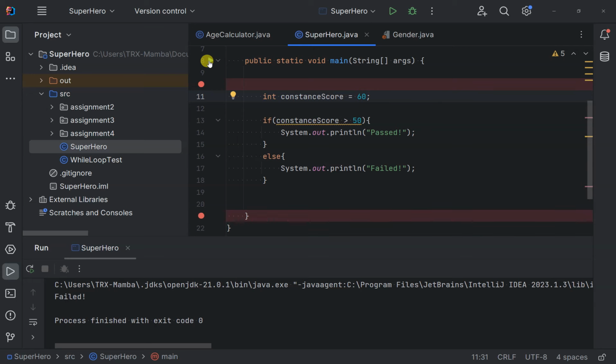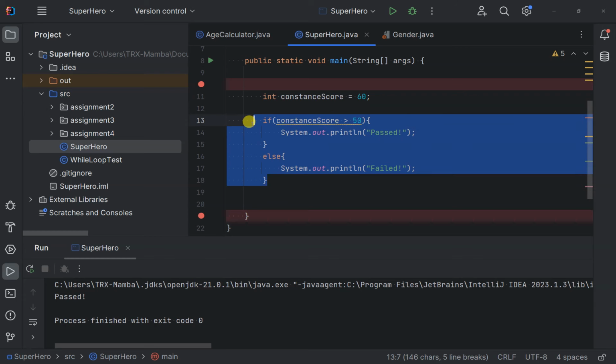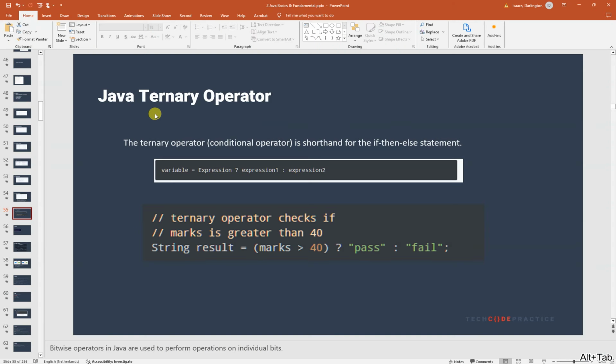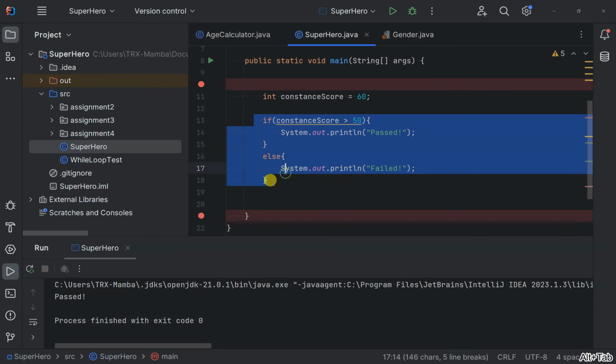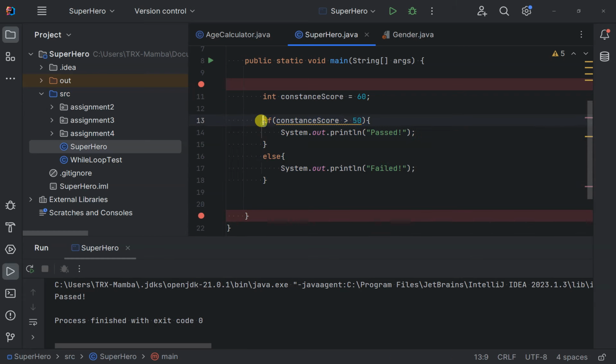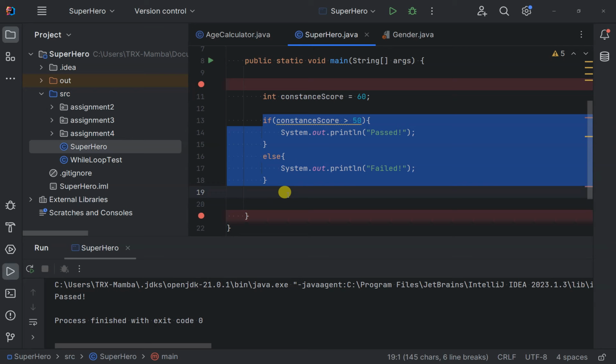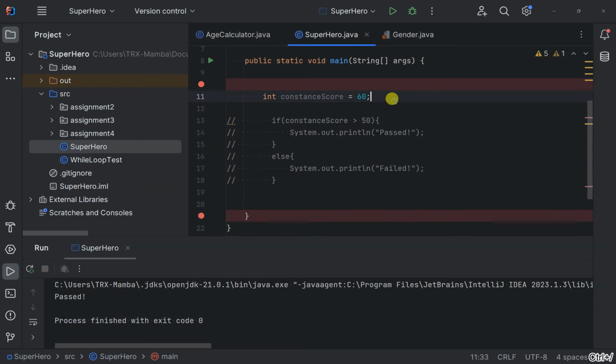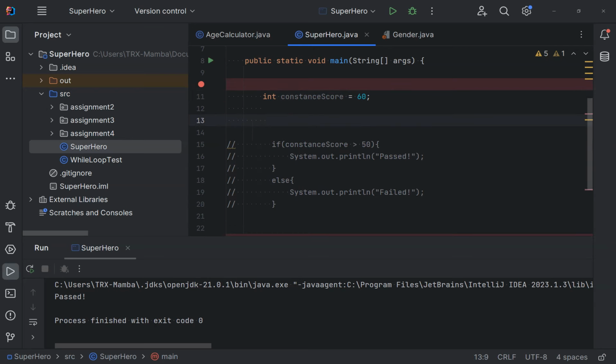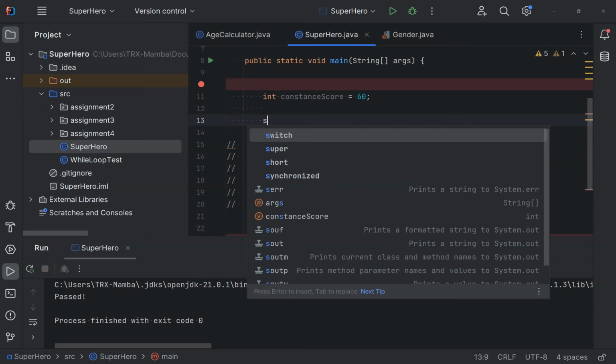Now, the interesting thing about the ternary operator is you can write all of this in one line. Very interesting. So we're going to comment this out now, and we're going to write this same thing using a ternary operator. So all you have to do is we're going to say constant score, we can just put that in brackets, let's just make it look good, constant score greater than 50,